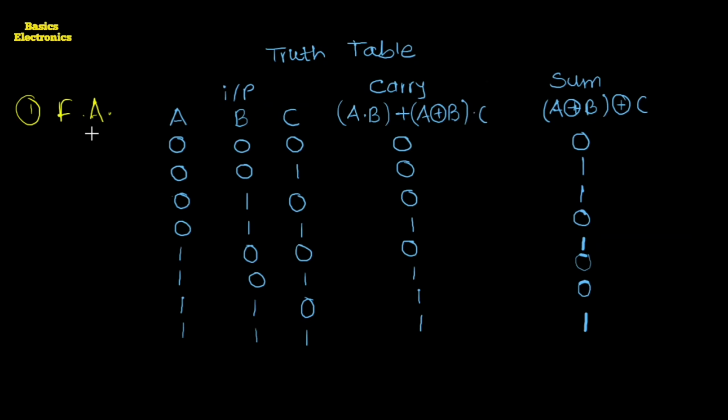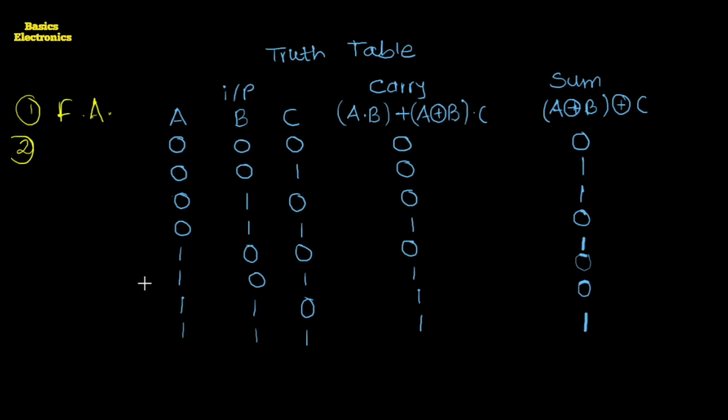So a full adder is a logical circuit. A full adder is a logical circuit that can perform the addition of 3 binary bits and produces the output in the form of sum and the carry. Okay, this is the meaning of the full adder. Then next what we have to do? We have to write down the constructional details. The constructional details depend on the question asked.